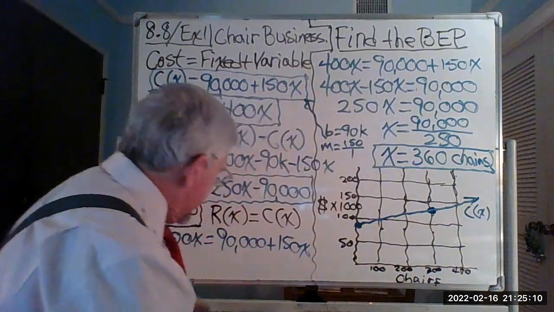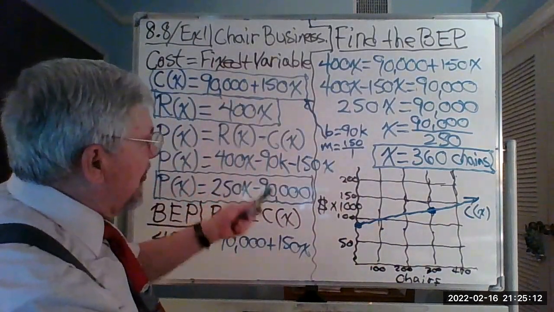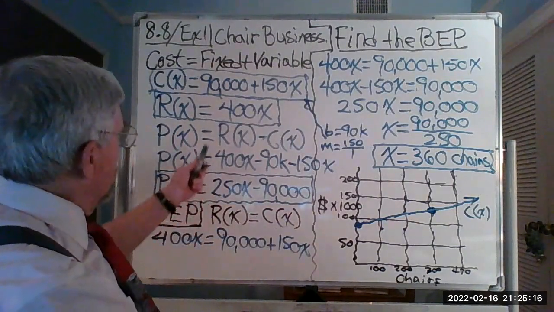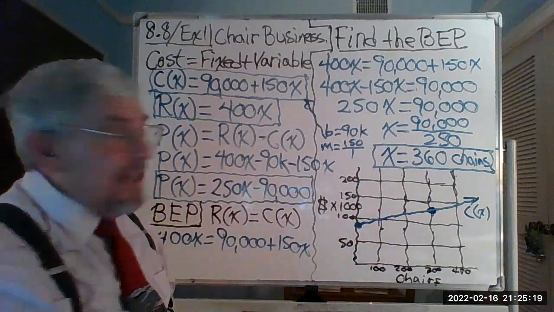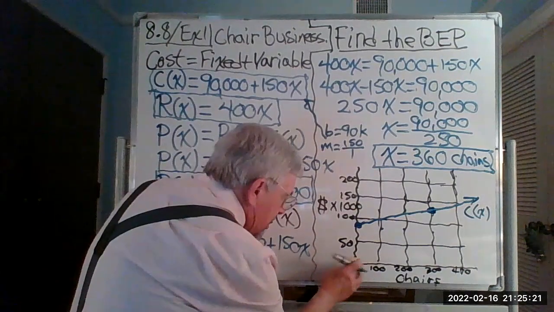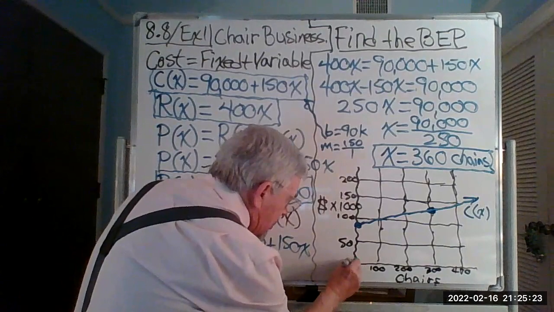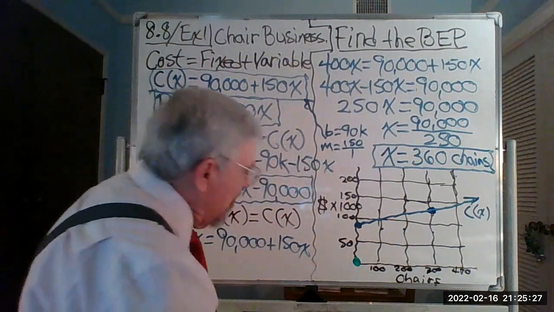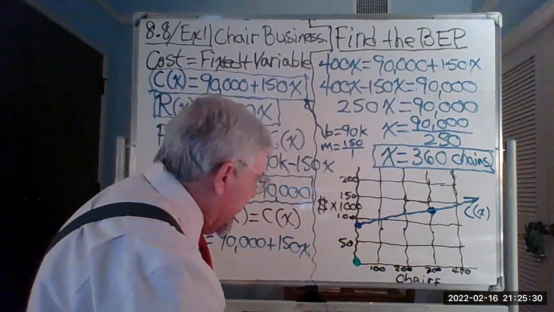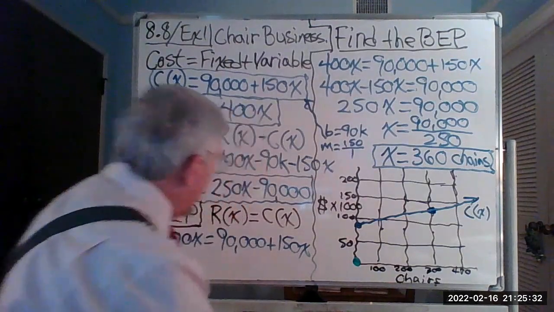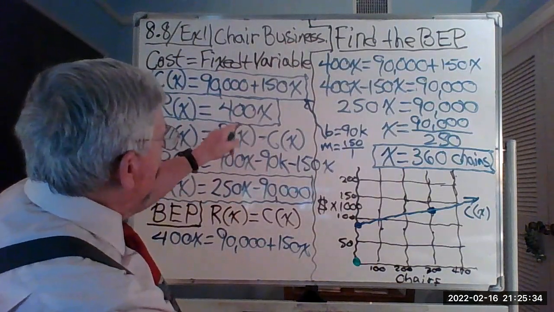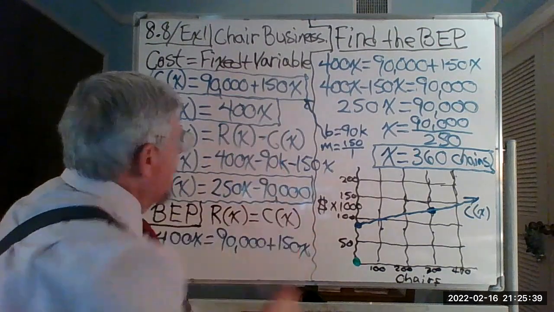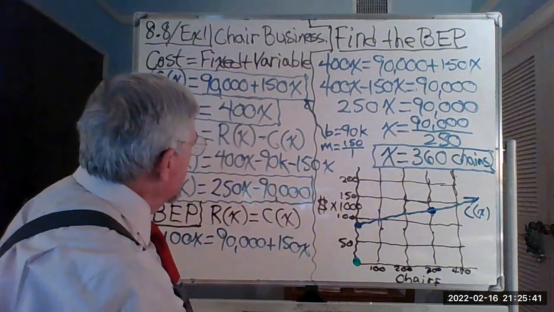Now, let's look at the revenue function. So that's what goes on the other one. So revenue was, where's revenue? Revenue is 400X. So that means I start here at 0, 0. Now, if I multiply that by 3, so my slope is 400 over 1. So if I multiply that by 300 over 300, I'll have 120,000 over,